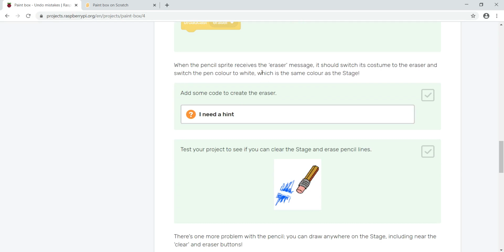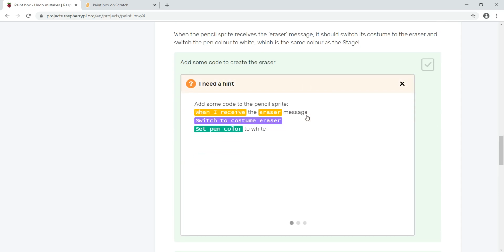When the pencil sprite receives the eraser message, it should switch its costume to the eraser and switch the pen color to white, which is the same color as the stage. So we're going to add some code to create the eraser. If you think you can do that now, try that, or we'll use the hints. So under I need a hint, we want